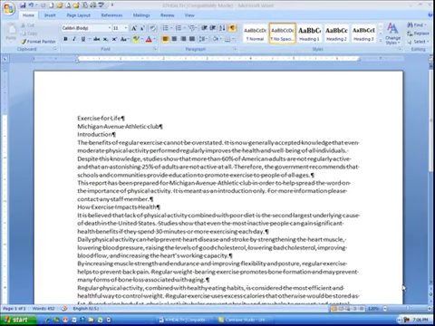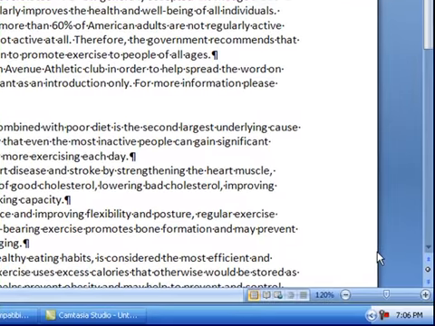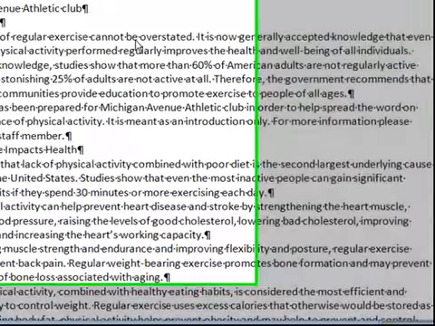This lesson's on columns, specifically newsletter style columns. There are several ways of getting the same effect or similar effect. You can use tables to have data in one column, and then you can put data in a different column. However, if you're looking for a newspaper or a newsletter style column,